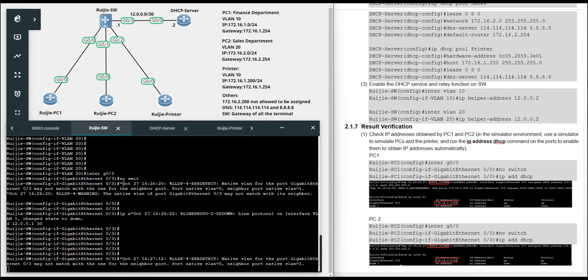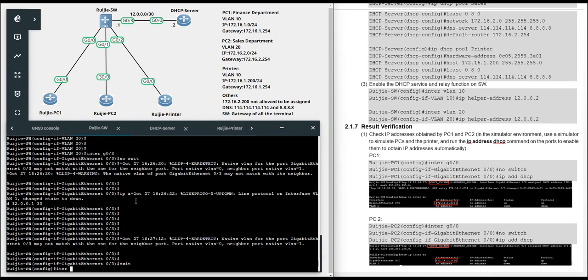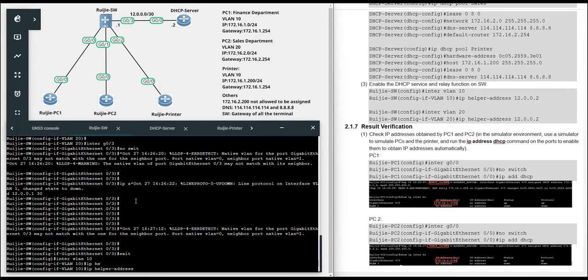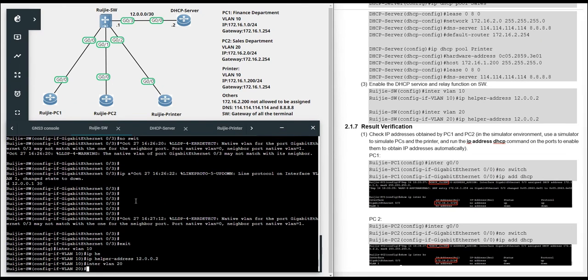So the place you have to know is that the DHCP relay will be added on the switch, not on the DHCP server, not on the terminal. And what's the key command? You can exit and enter the gateway interface VLAN 10. The command is ip helper-address 12.0.0.2. And also the same command in VLAN 20, ip helper-address